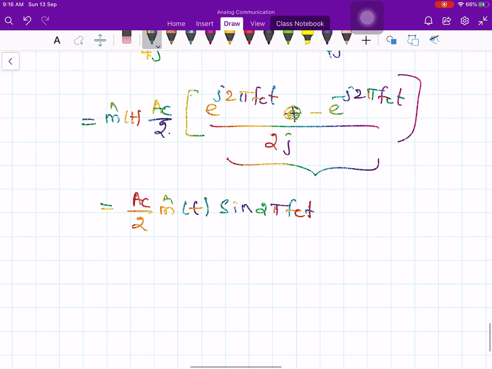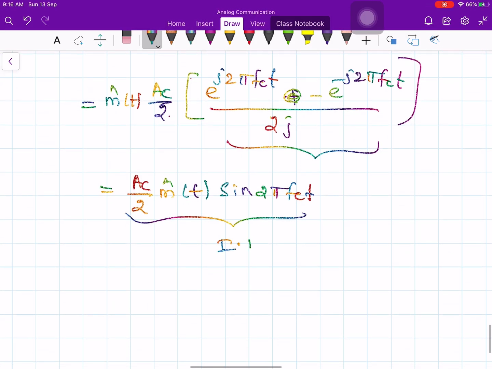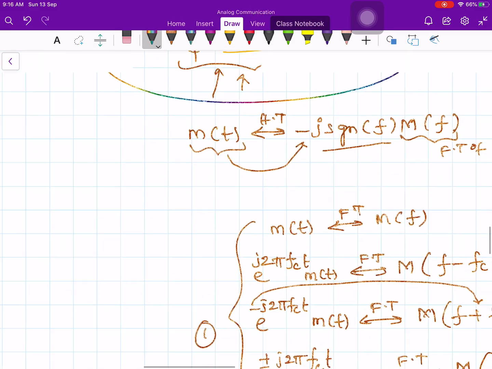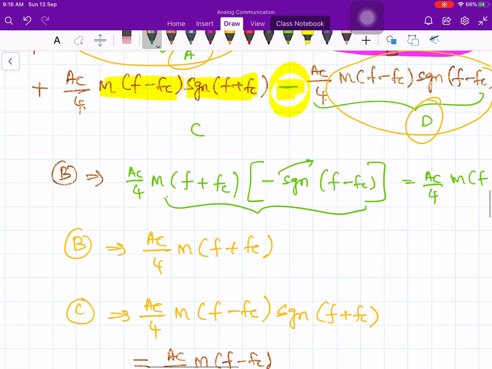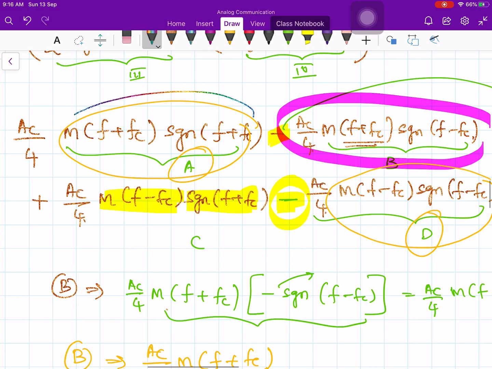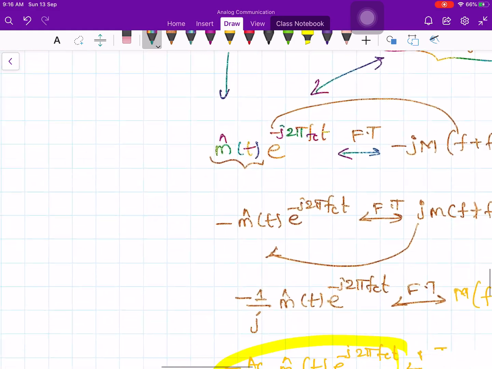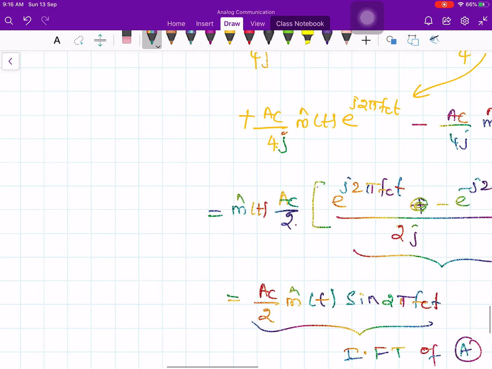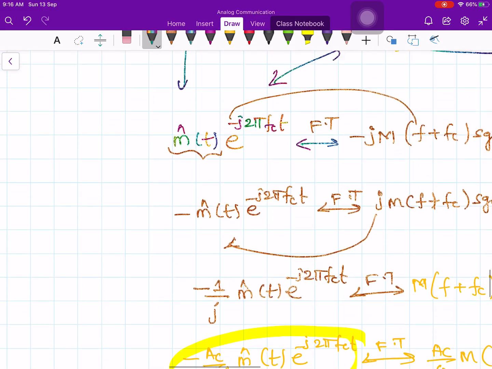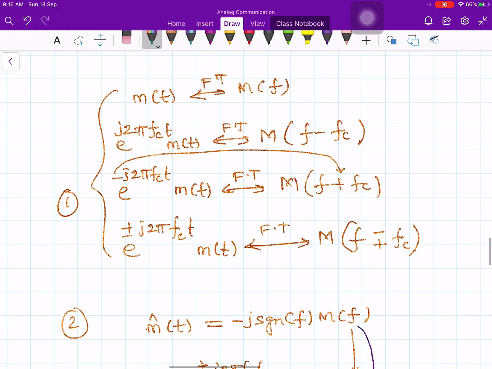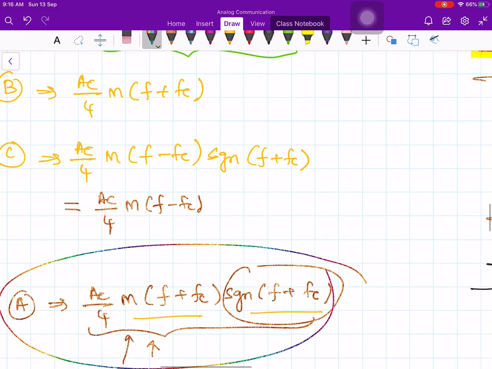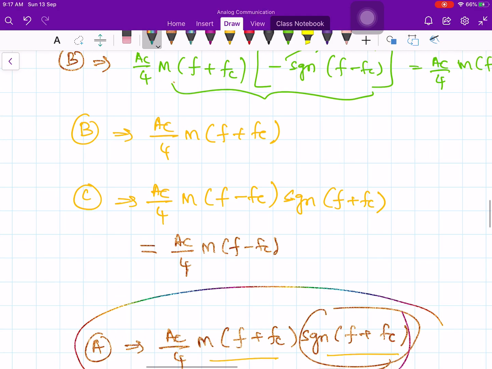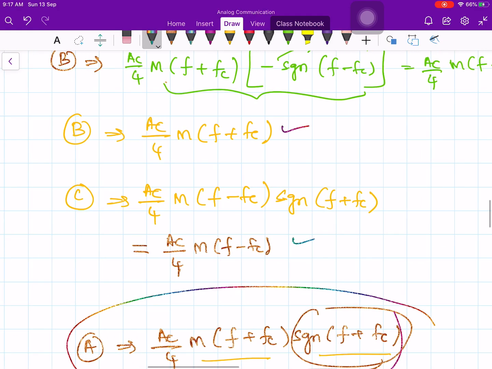Okay, so this is the inverse Fourier transform of these two terms. What are those two terms? The A term and the D term. Similarly, the inverse Fourier transform of the B term and C term, just now we got it. Where is it? See, B and C are here. This is B and this is C. You combine these two guys,